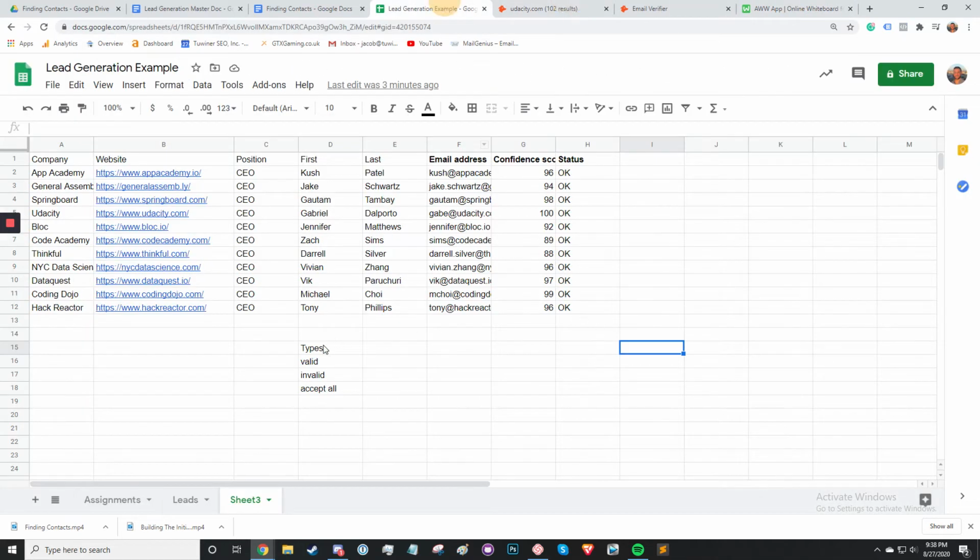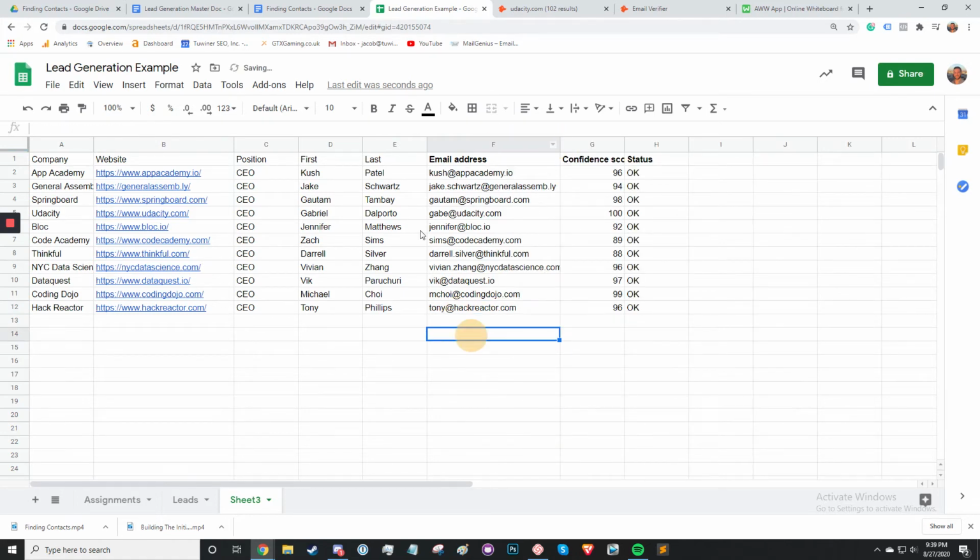So this is what accept all is. It accepts all emails, but it might bounce. It's hard to explain, but they're not good either. I only want to send to valid emails. So what this tool did, what Hunter.io did, is it essentially guessed these addresses. It guessed these emails based on the data in the system, but we want to be absolutely sure that these